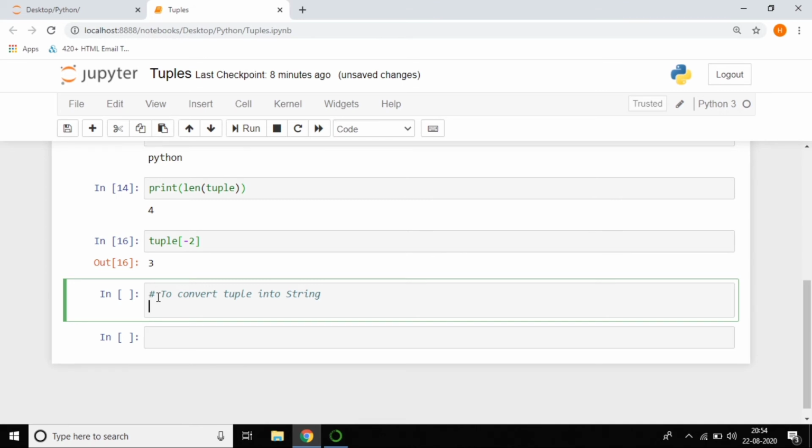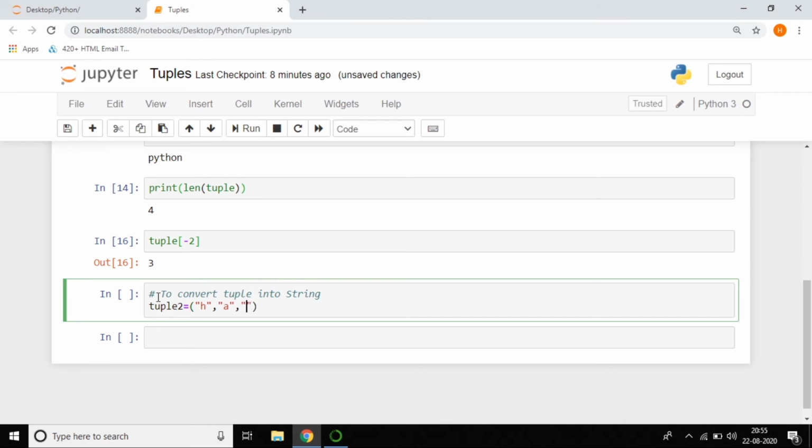First of all I'll create the tuple, called tuple 2. In this tuple I want to pass separate letters, like Hari, comma, and so on.